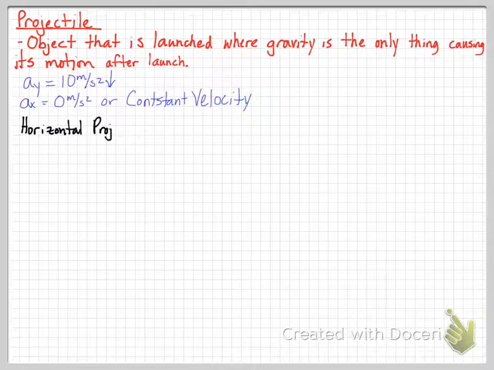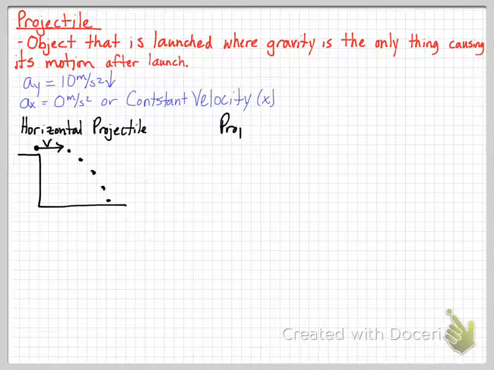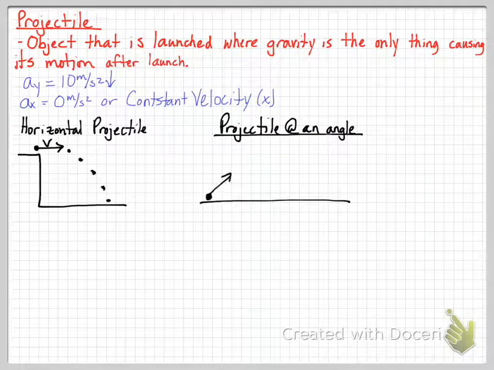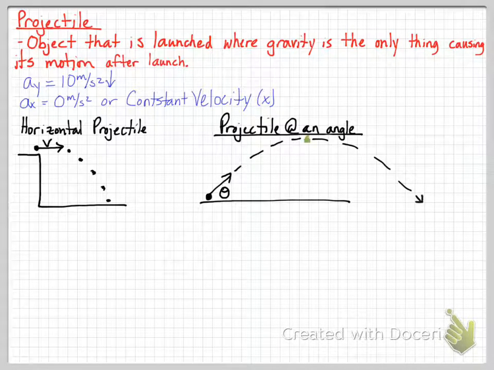So we're going to start with looking at a horizontal projectile. And a horizontal projectile is usually seen coming off a cliff. It has initial velocity coming off a cliff and then travels in a projectile pattern after that. And the other one is a projectile at an angle where we have some angle that is launched up into the air and it travels and lands on the same height it was launched at